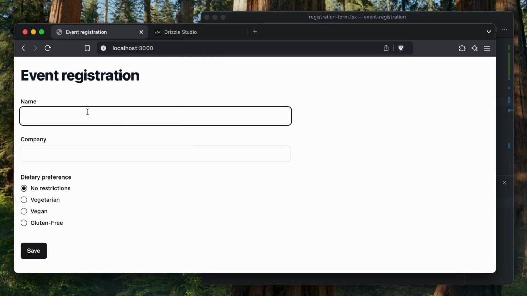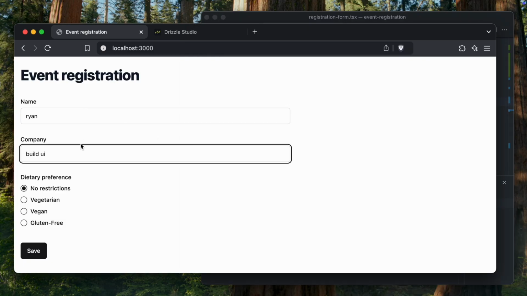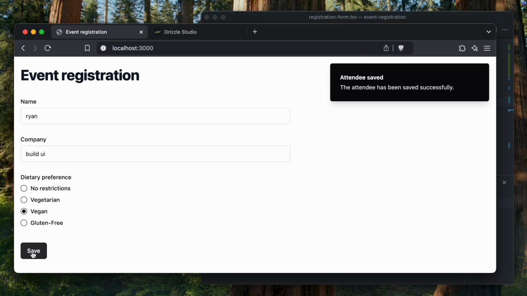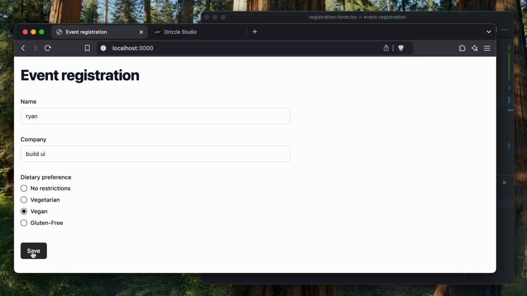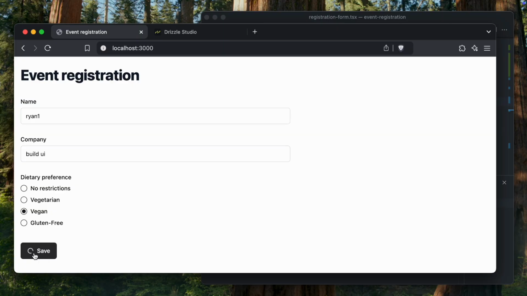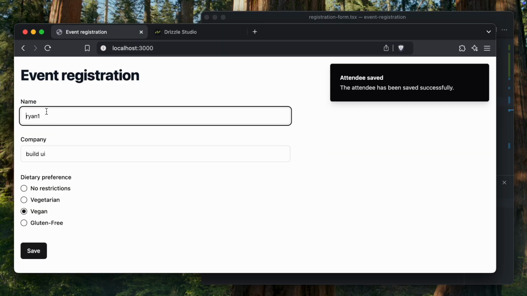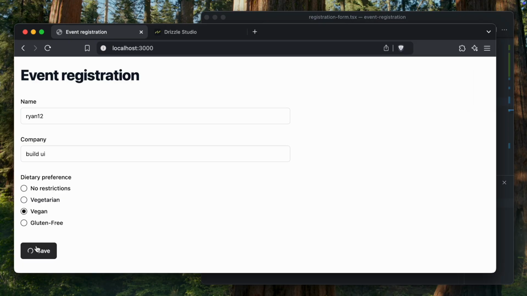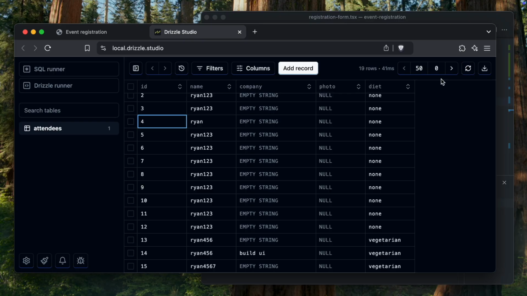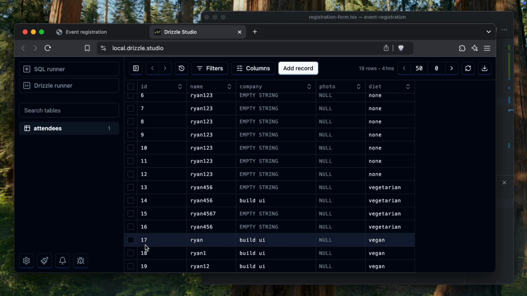So we're going to select that none radio button. Okay, let's fill out our form here and make sure all these fields are reset to their correct values. There we go, looking good. Now we have one problem that we need to fix in our form, and that is I just submitted the form with name Ryan. I'm going to submit it with Ryan1, and then I'm going to submit it again with Ryan12. And then now over in Drizzle Studio here, you're going to see that it created 3 new records, Ryan, Ryan1,